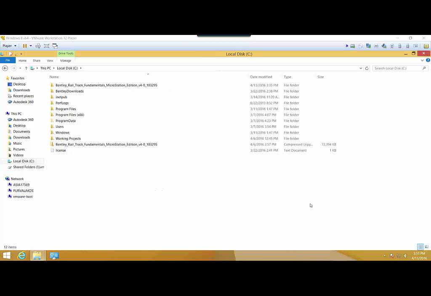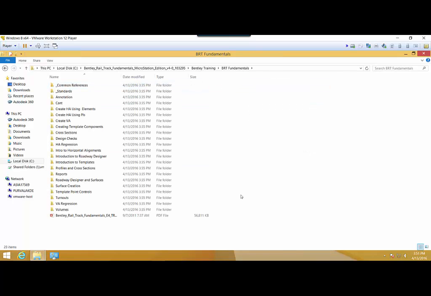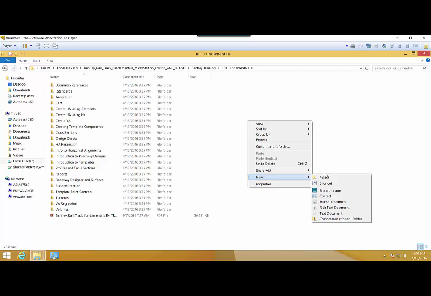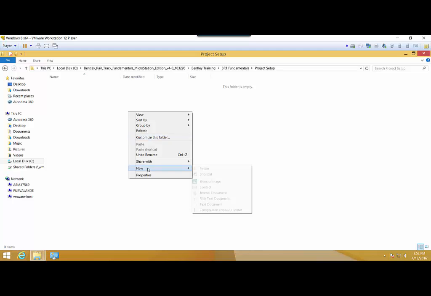Now I will create the new project setup folder inside this Bentley Training BRT Fundamentals. Here I will create another project setup folder. Inside this I will create another practice folder,